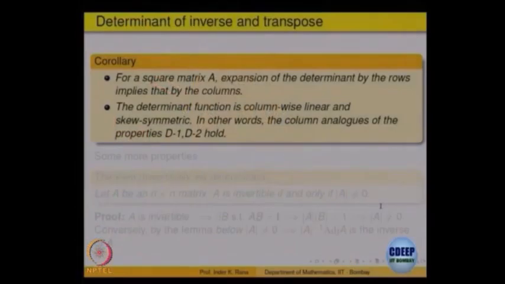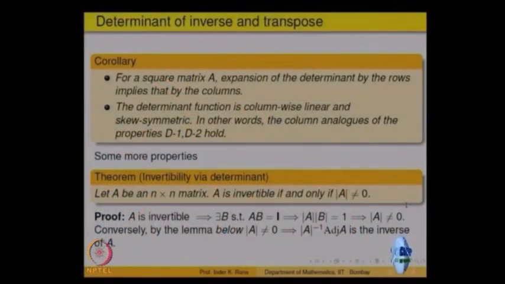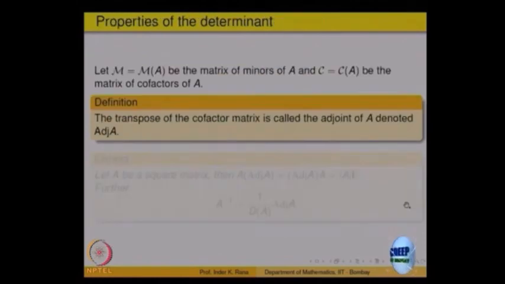So, as a consequence of that, now you can say that, like you have been applying row operations, you can also apply column operations to compute the determinants. They will not change, because determinant of A is the same as determinant of A transpose. So, you can do that. Invertibility we have already checked: A is invertible if and only if determinant of A is not equal to 0.